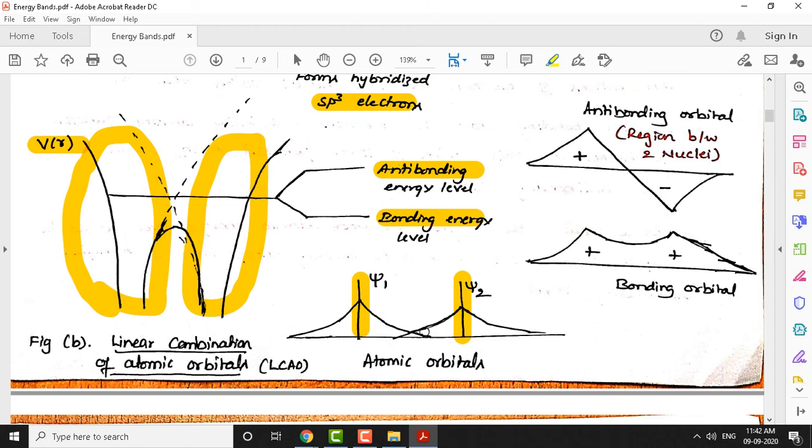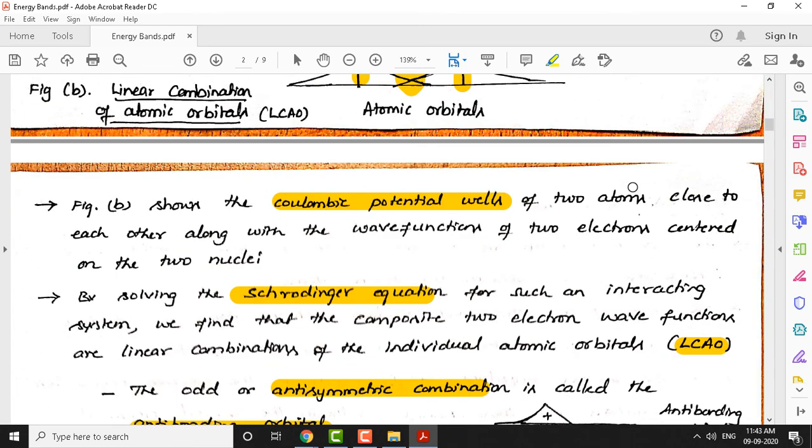When you bring two atoms close to each other, the wave function of atom 1 merges with the wave function of atom 2, and interaction takes place in this region. Interaction can happen in two different ways: one is the anti-bonding level, and the other is the bonding level. We already spoke about attraction and repulsion. Because of the anti-bonding orbital there is repulsion, and because of the bonding orbital there is attraction. These two forces balance each other, and as we saw in the simulation, this balance occurs when the potential energy is minimum.